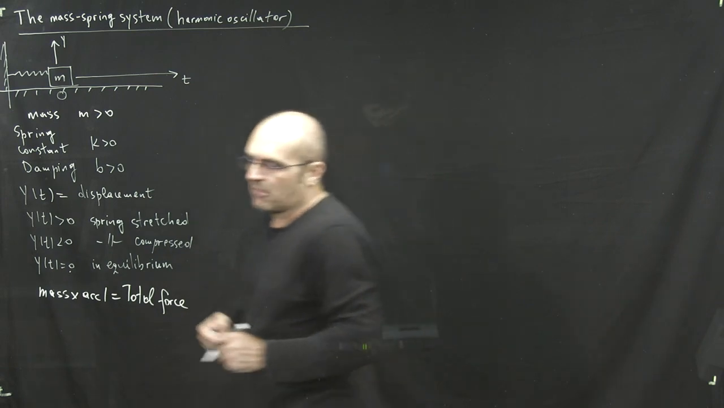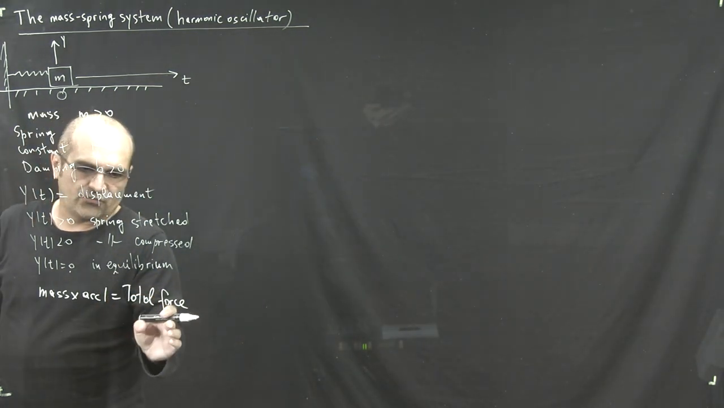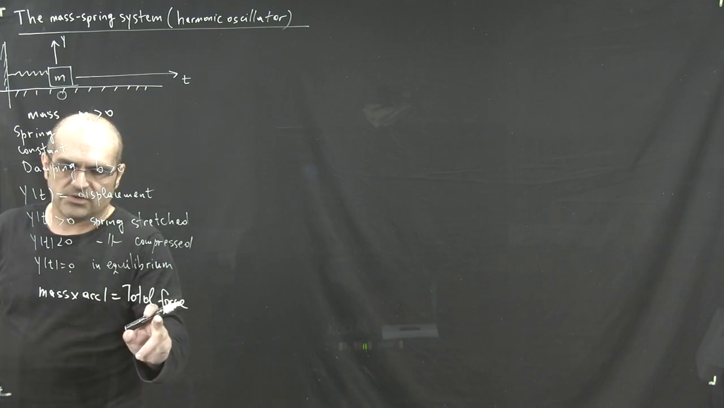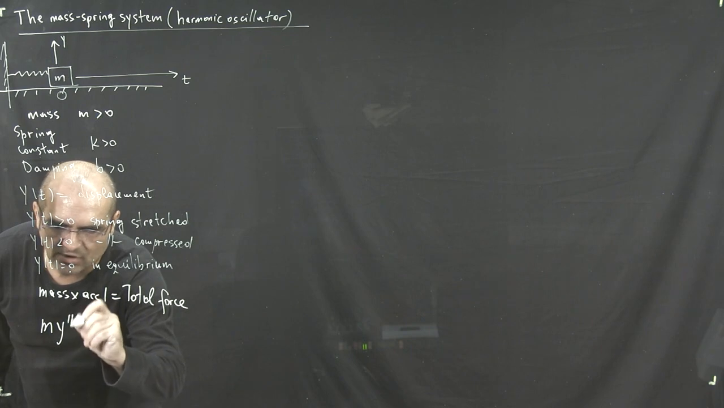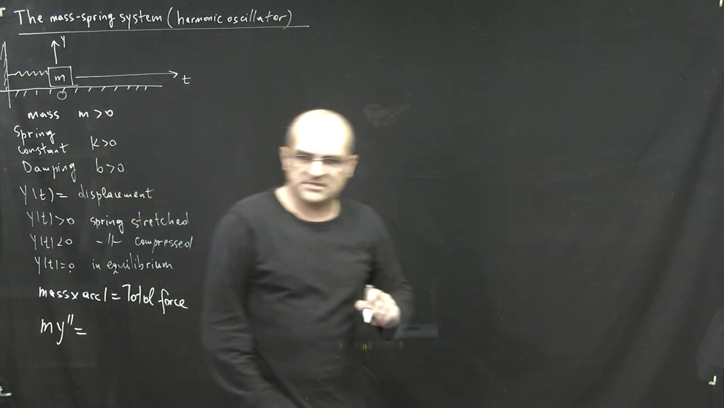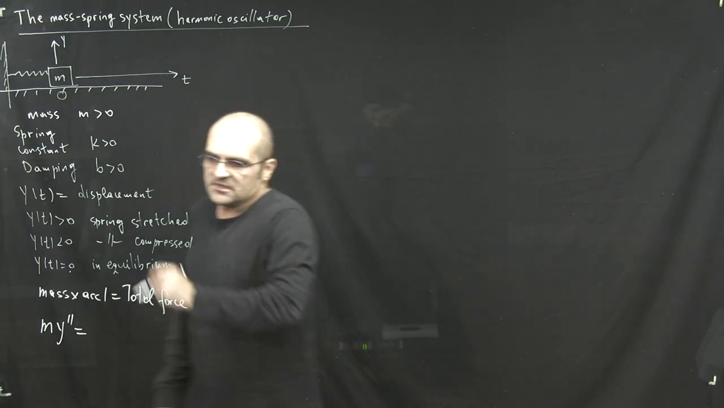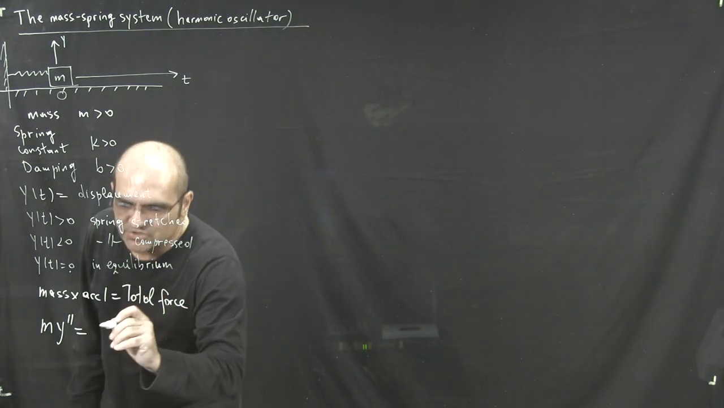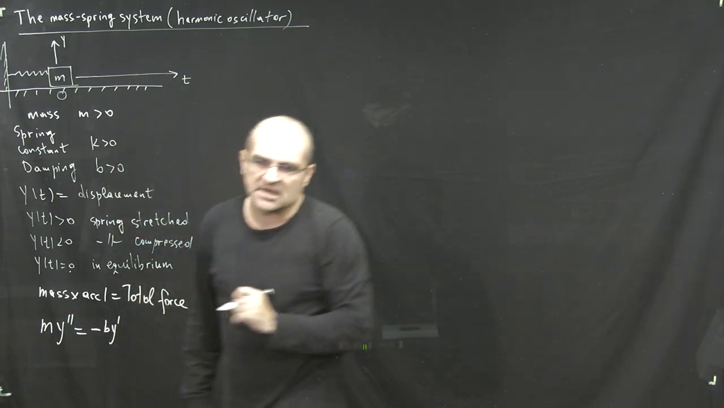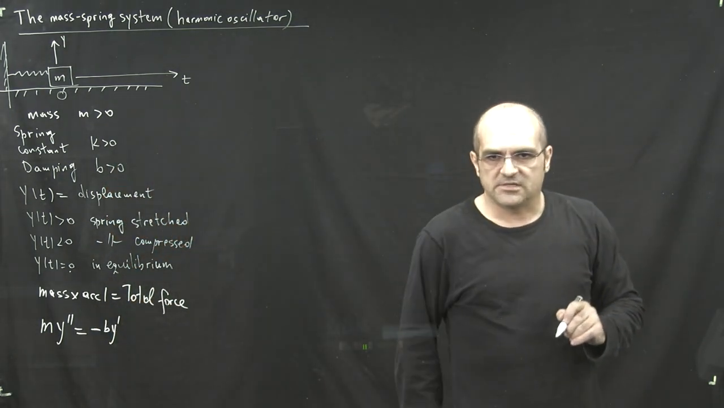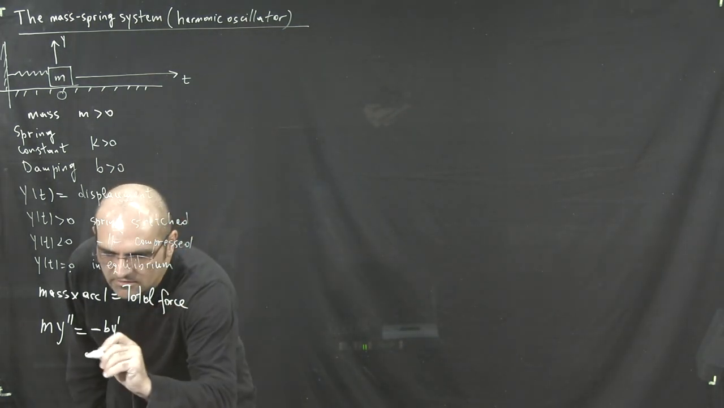So that means when I write the equation of mass times acceleration equals total force, this will be of opposite signs always. So mass times acceleration is m times y double prime. Remember, the second derivative is the acceleration if y represents displacement. And then this has to be equal to the damping, which is again proportional to the velocity, but with the opposite sign because it's in the opposite direction. So b y prime will be the damping force,